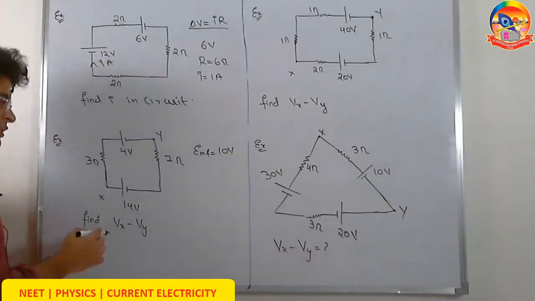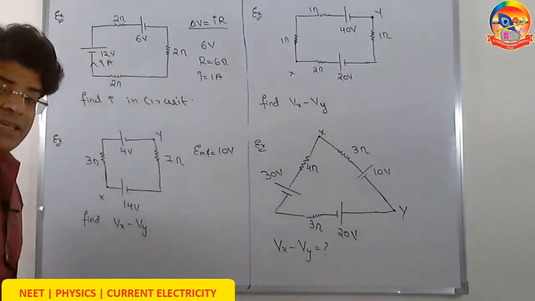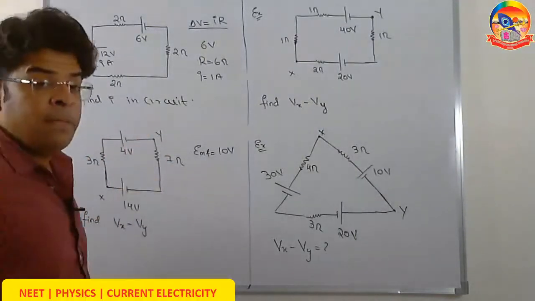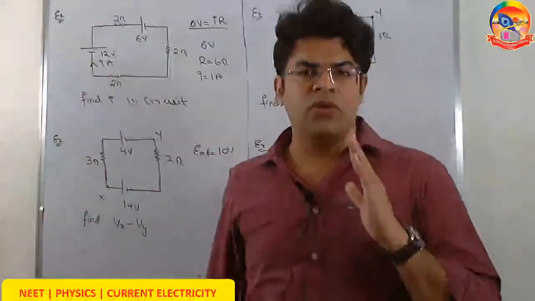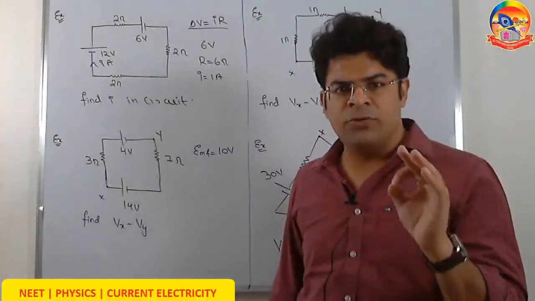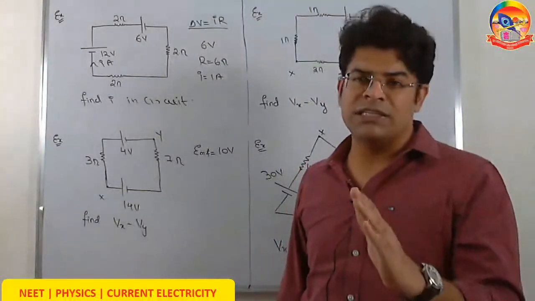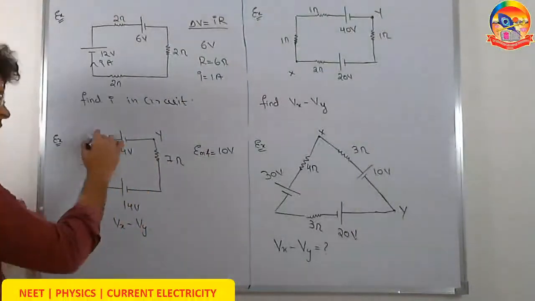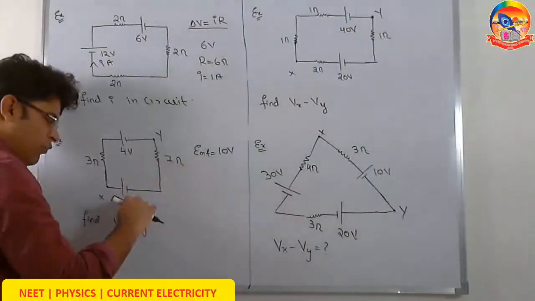And what is the resistance? These two are in parallel? No, they are in series, because the same current flows through both of them. But sir, they look like they are in parallel. In the world of physics, when things look parallel, they may or may not be in parallel. There are specific conditions that have to be followed before we conclude that something is in series or in parallel. So now here, the current has to be clockwise, because the overall EMF wins clockwise.